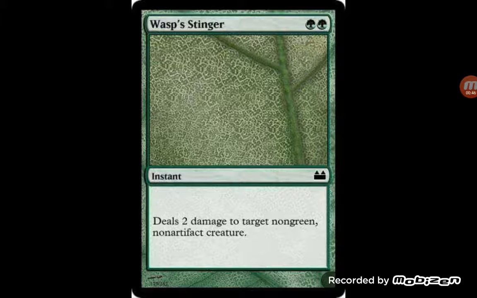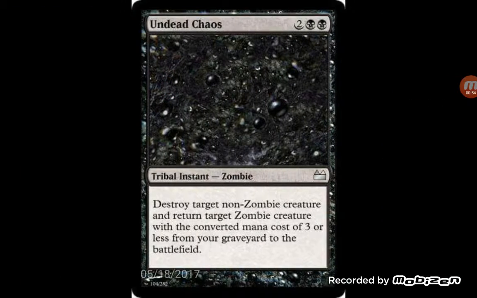So it's two green, a green version of a shock with kind of a terror effect to it, where it's non-green, non-artifact. Undead Chaos, just a zombie removal. One of my few zombie removals I have. Destroy target non-zombie creature, return a zombie with converted mana cost 3 or less from your graveyard to your hand. I can see where some people may say this might be better as 3 colorless and 2 black, but I thought it'd be kind of cool to make an instant 4 mana removal that